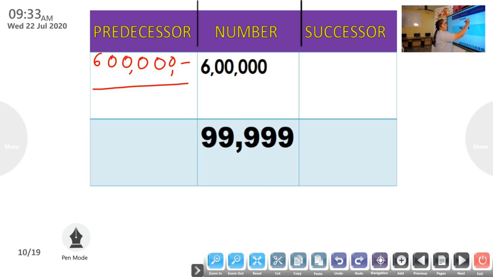Then successor. How do you find out the successor? Given number. Which is your given number? 6 lakh. So 6 lakh plus, yes. How do you find out successor? Find the answer. Predecessor and successor. Yes. How much are you getting? 0 minus 1. You can't do the subtraction there. So then you have to borrow from 6. 0 is smaller, so you can't do the subtraction directly there. So you have to do the subtraction by borrowing. Is it clear?